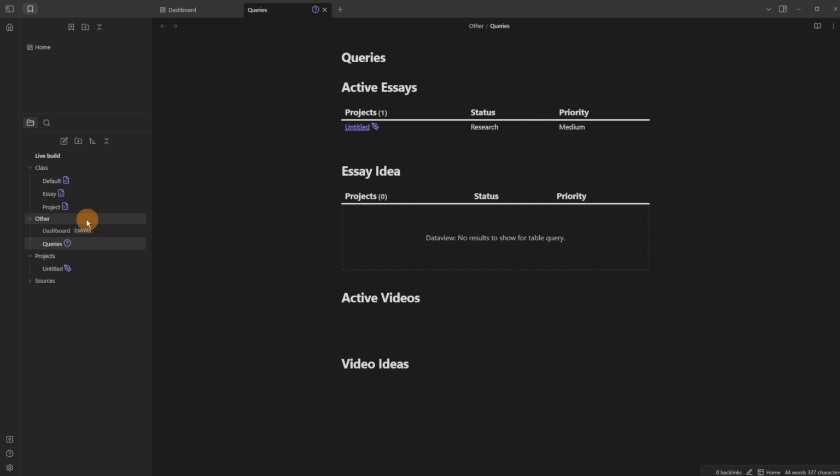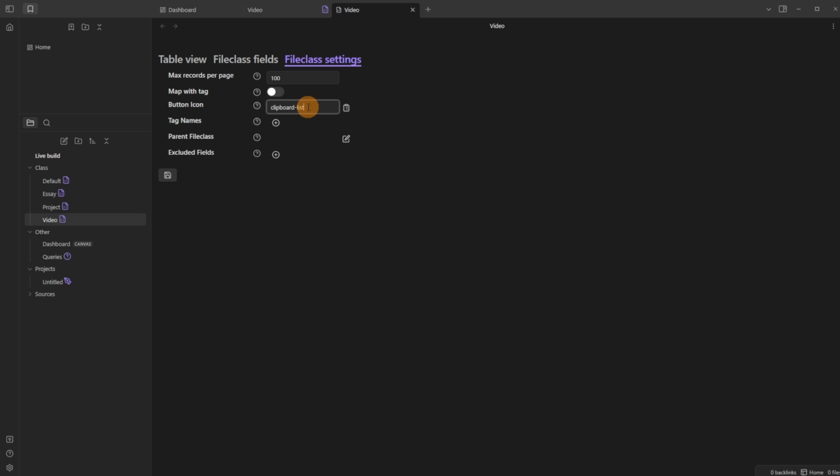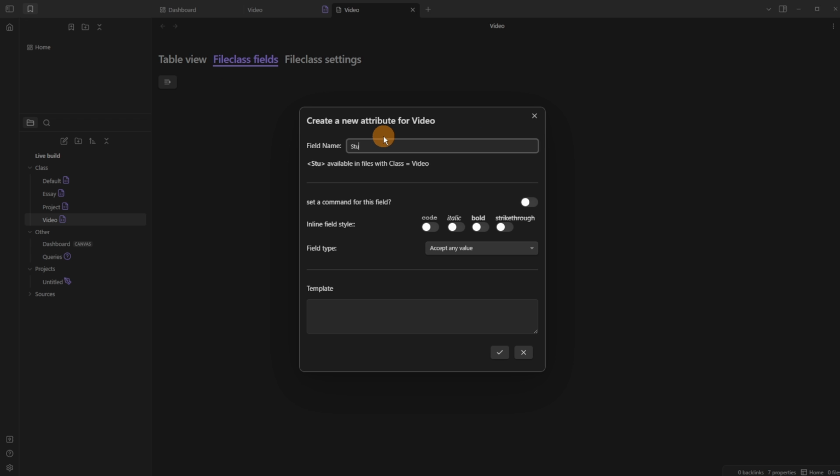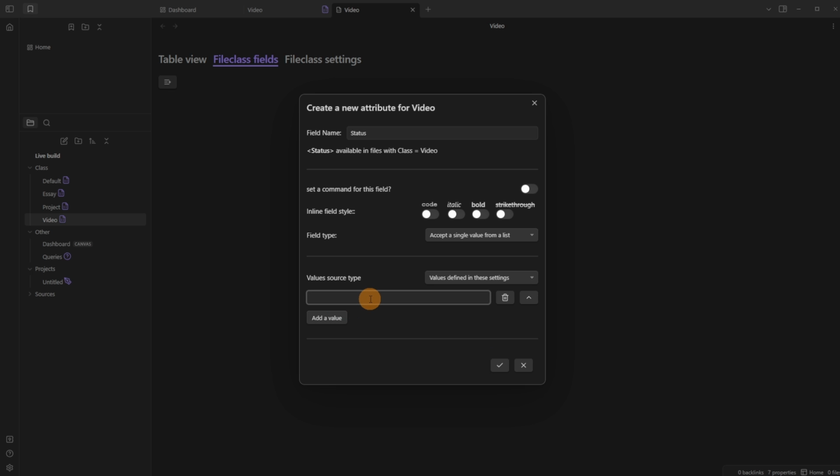These are just examples. And then what I'm going to do is right click, new note, video class, click on the icon there. I'm sure it's just video. Yeah, that makes sense. That'll do. Come in here, status, yes, and then go to single select, add, then we've got the script, and then, oh, I need to put idea, don't I? Idea first,